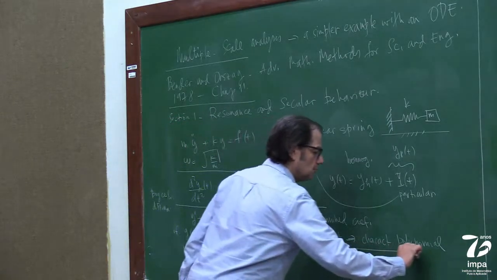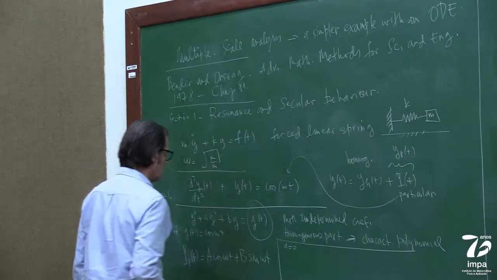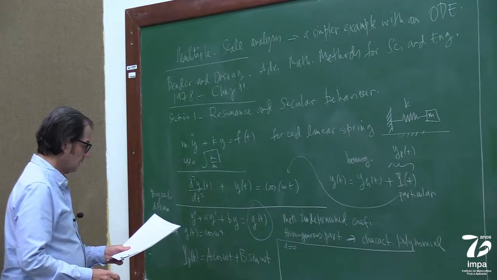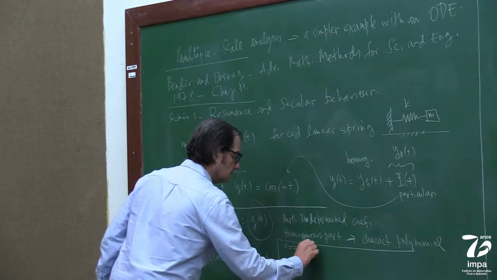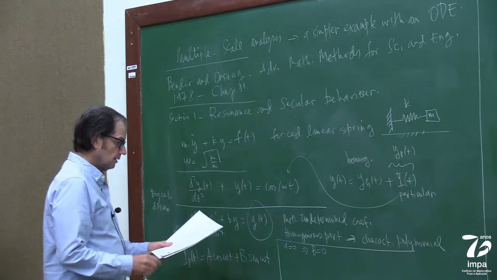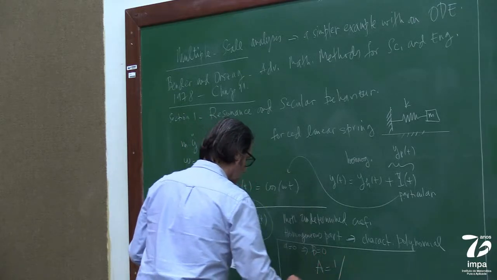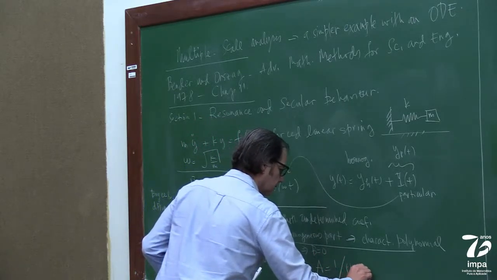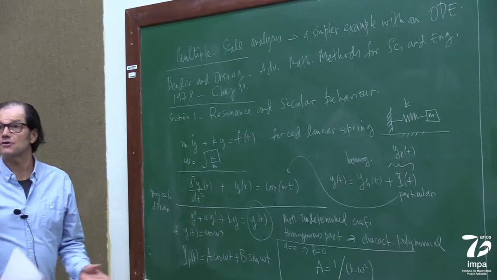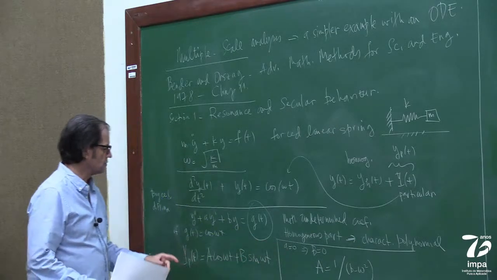Let me open a little spot here. In our case, this A is equal to 0. Okay? And therefore, this implies that capital B, this guy here, is equal to 0. And we find, you guys can do the calculation, that capital A is going to be 1 over B minus omega squared. It's very simple, okay? If you don't remember this, it's very simple. So what I'm saying is this. In the case A is equal to 0, there's no damping,